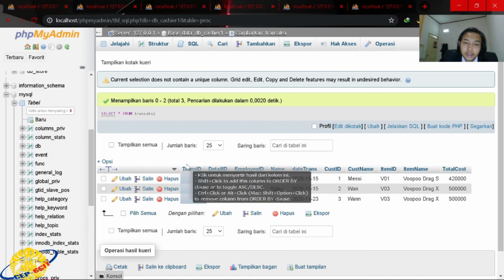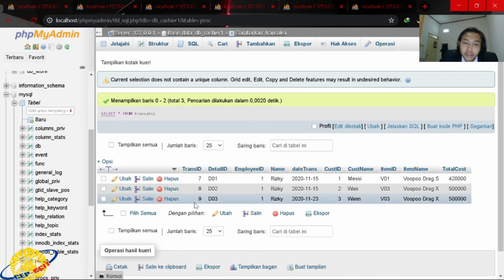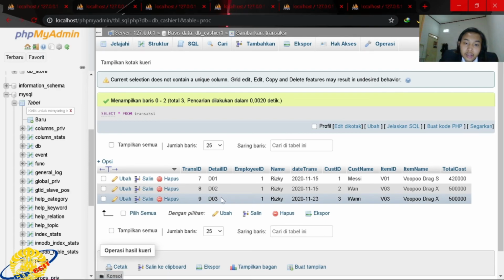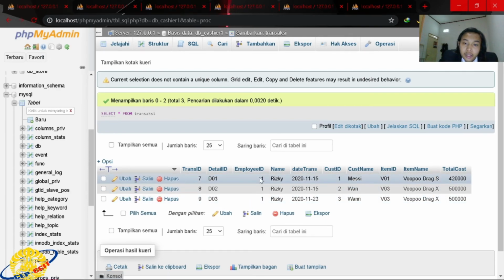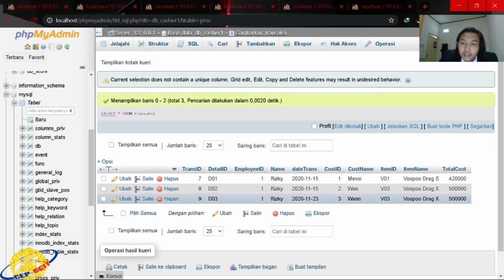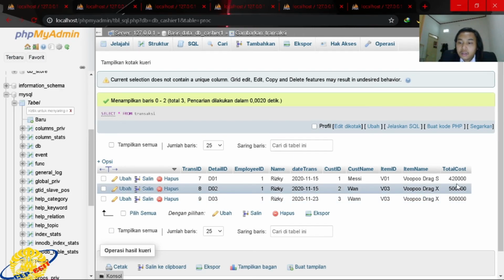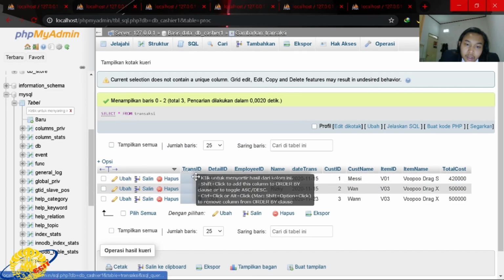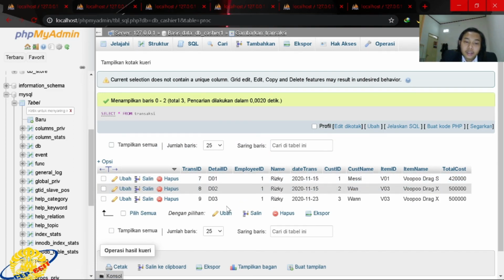This is the trans ID from the transaction detail transaction, and this is the detail ID, employee ID, name, the customer ID, customer name, item ID, item name, and the total cost. It's complete from the transactions and the trans detail.